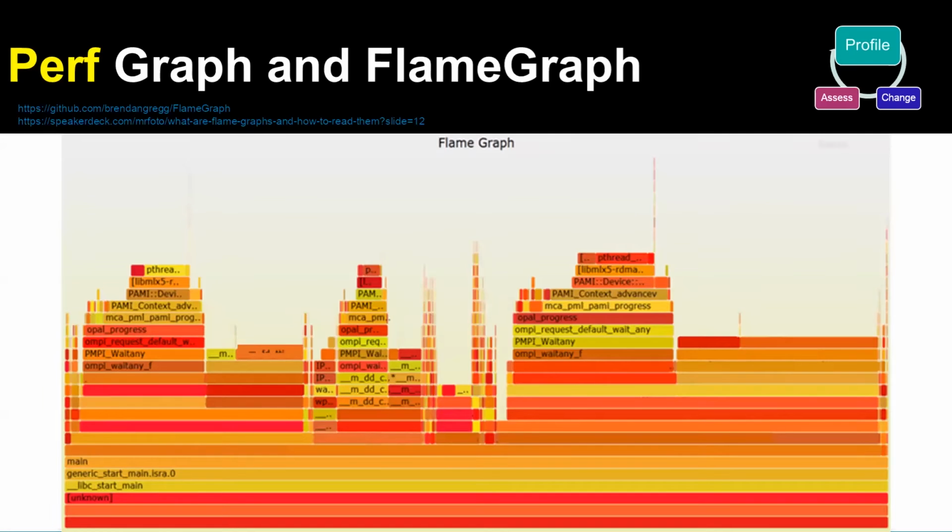And based on perf, you can also create flame graphs, which are very useful because they can show the CPU consumption across not only functions but also the call stack of the function. So it's quite interesting if your functions inside your code are used through different paths and different call stacks. So you can really check out which call stacks are consuming the most CPU cycles.